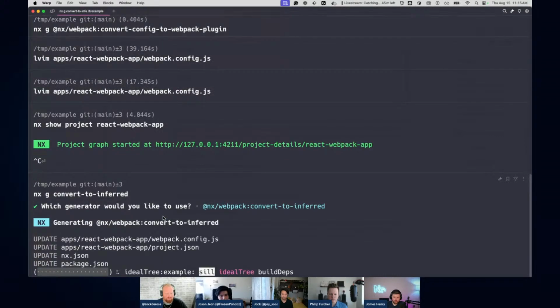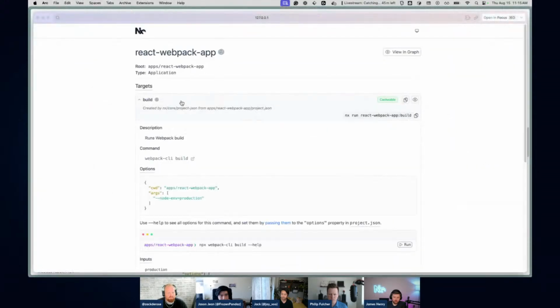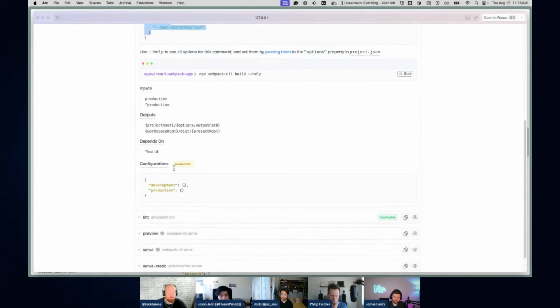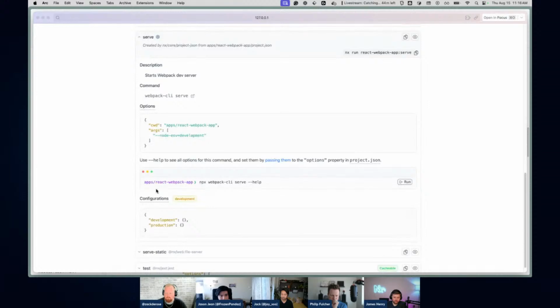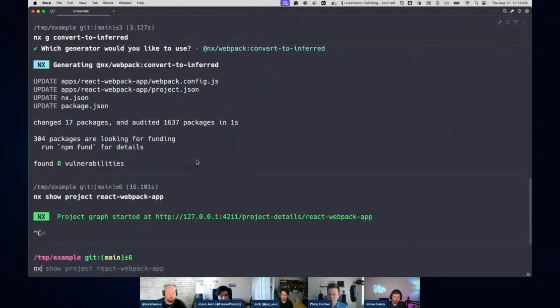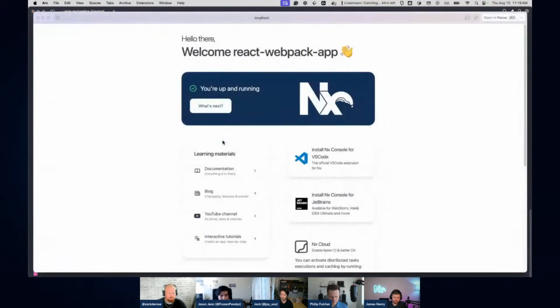Webpack. So now that the config is standard, you can see the build is just calling Webpack CLI, right? So there's no executors involved, and the args you can pass like this. And serve, everything is still using Webpack CLI, no longer the executor. And I can show that it does work. So let me serve it. So there's no NX involved to serve this except just to run the command. So NX is only doing the task orchestration and running. There's no longer any executor involved here, right?